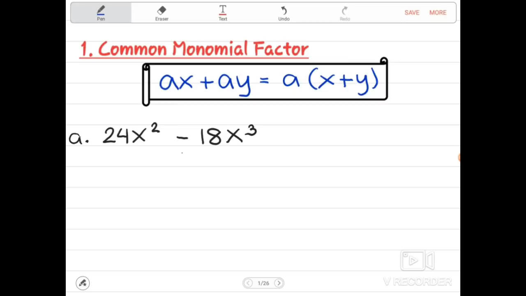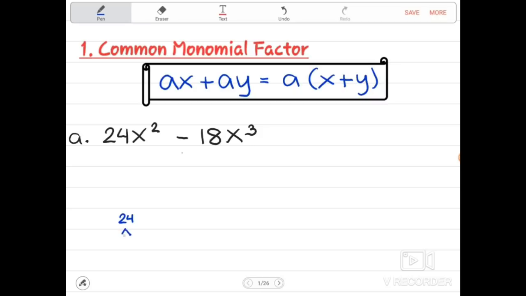Letter A, 24x squared minus 18x cubed. So what are we going to do? First, we are going to look at their constants, 24 and 18. What will be the greatest common factor of 24 and 18? We can determine the greatest common factor through prime factorization. Let us try. So for 24,